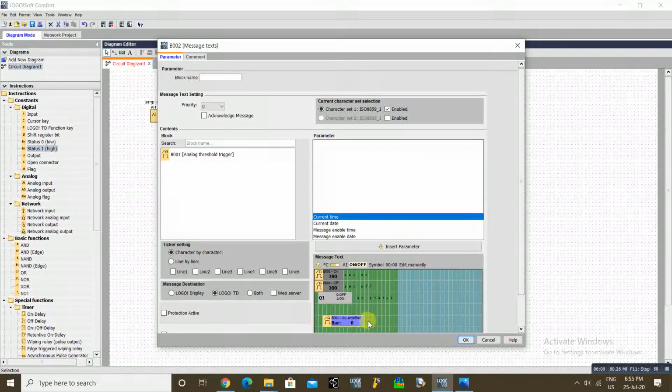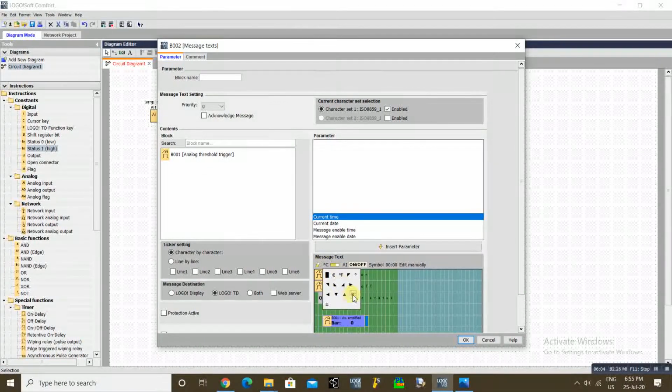And here we can put our unit also, if you want. You can make the measuring range also: 1 2 3 4 5 6 7 8 9 10.